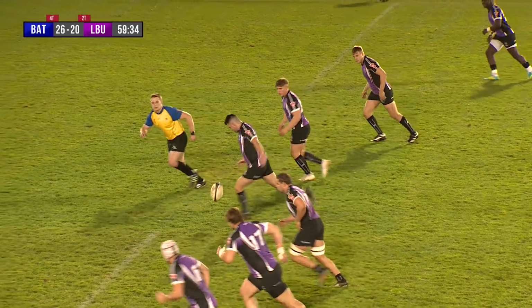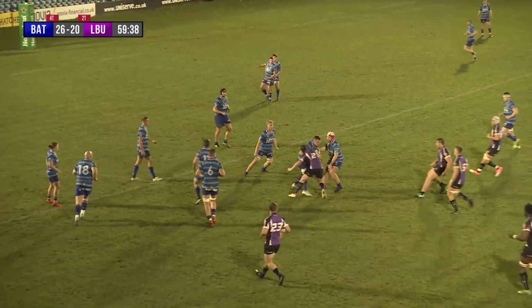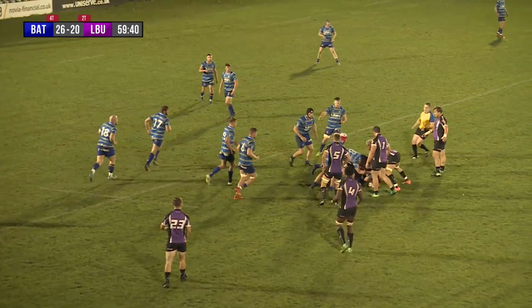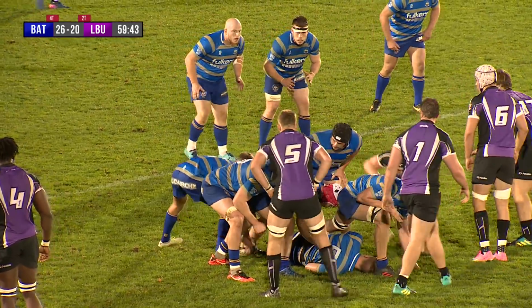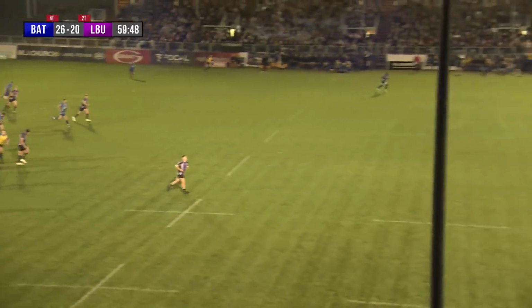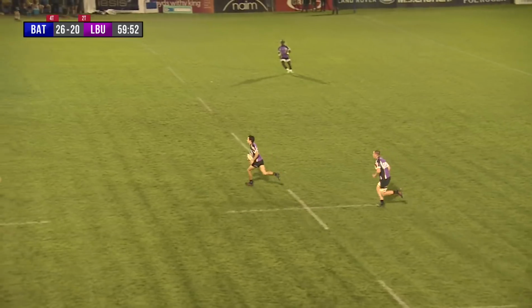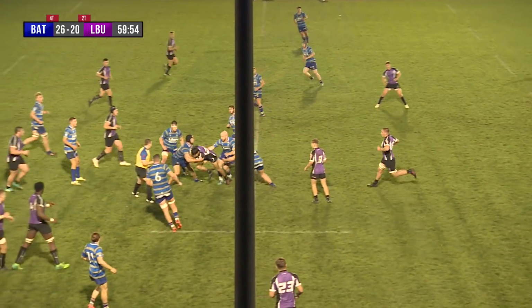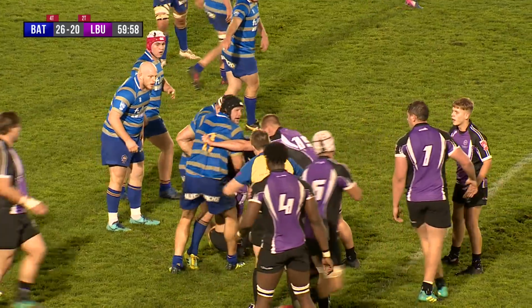As the clock ticks towards 60, we enter the final quarter of the game, and Bath, can they see this game out? Time and time again against Trent last week, Trent picked back and put them under pressure. They kept the nerves jangling. Bath will want to be clinical about this, but there's plenty of rugby to play as Beckett counter attacking both